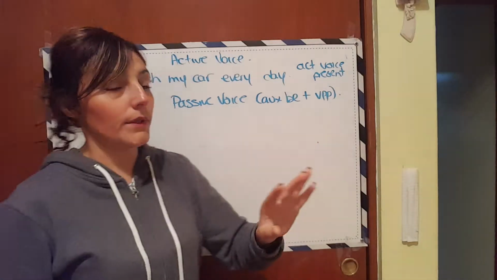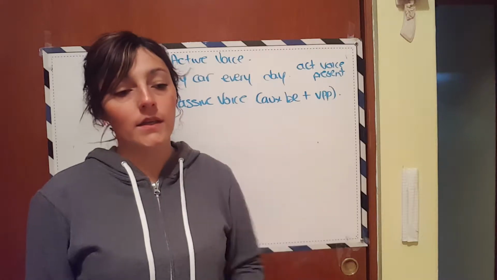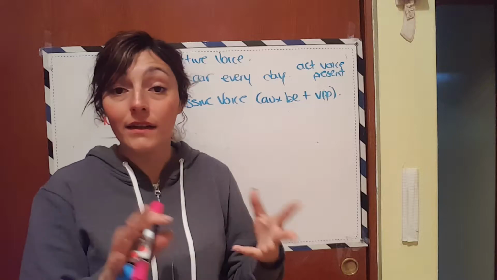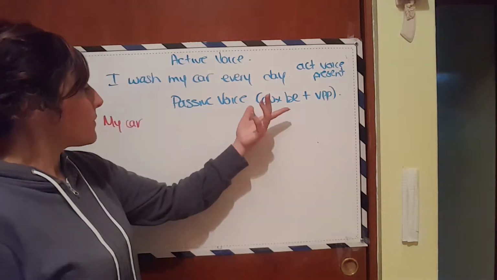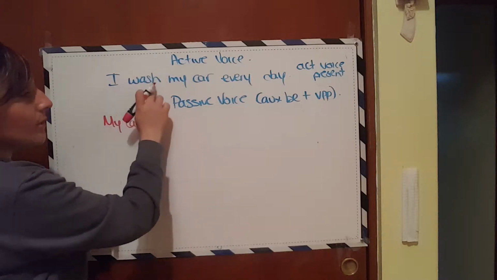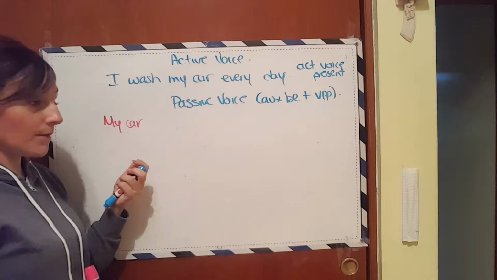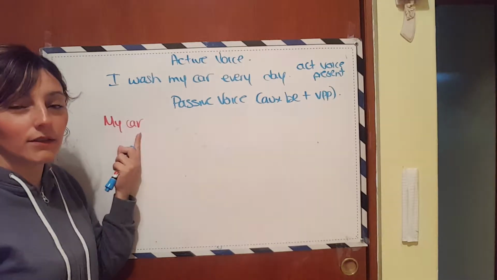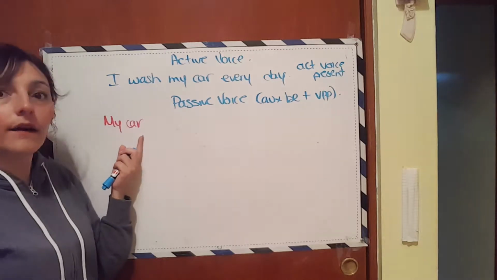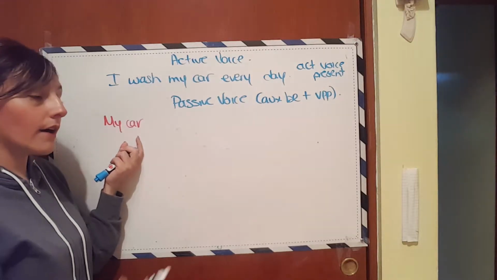So the conjugation of the verb to be is I am, you are, he is, she is, it is, we are, they are, you are, okay? If you know it, and the negative, okay? So now my car, because it's in present, I have to conjugate the verb to be according to my subject. My car am, is that correct? My car am, no. My car are, no, because this is singular. My car is,